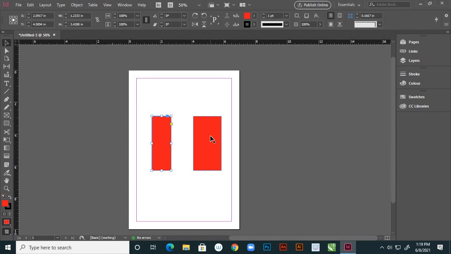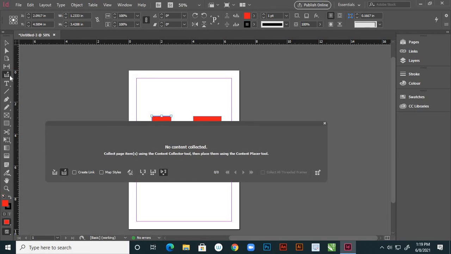So keep this here, and next here, this is the content placer tool. So here no content is collected. If you want to use this tool, you must select this content placer tool, right?